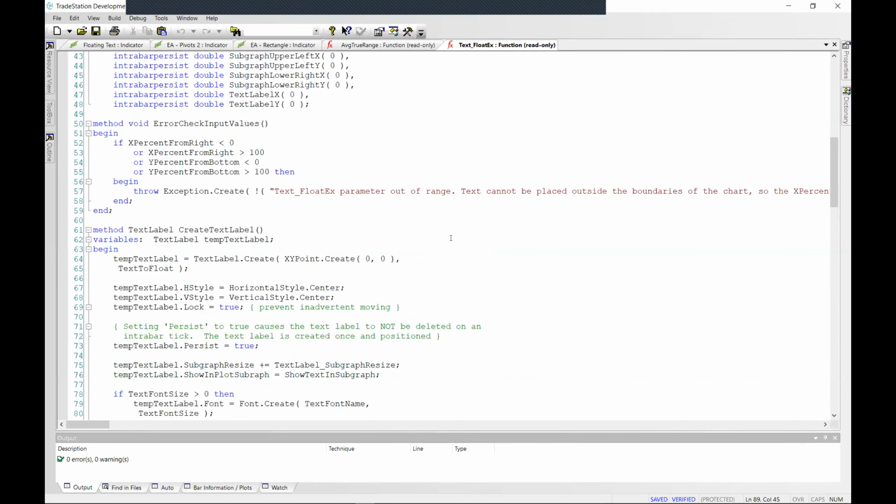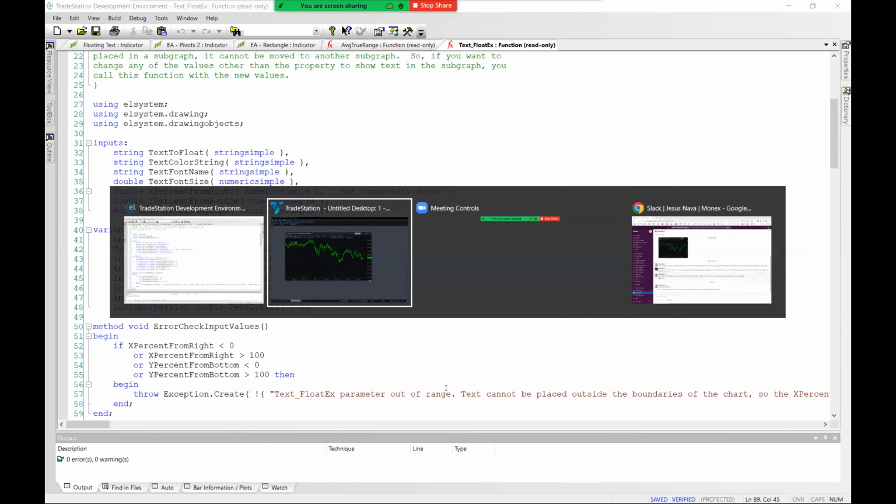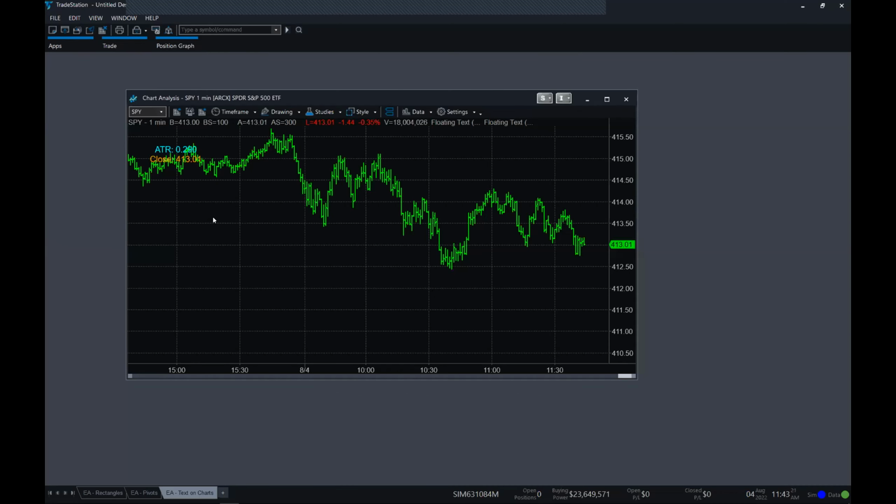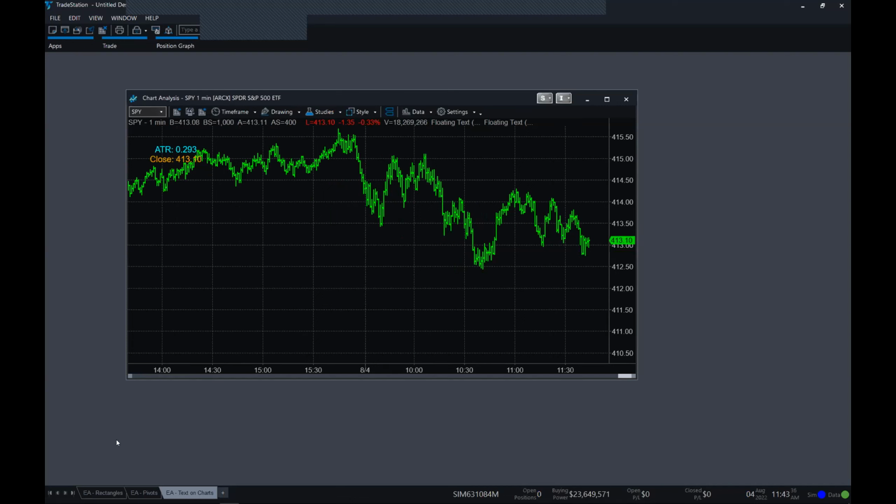Yeah, that was great stuff. Thank you for that. I hadn't noticed that floating text study, so it's great to be able to plot something like that on the chart, just to have some visibility. I know that many users here will find that very useful. All right. Good. Let me move on to the next question.